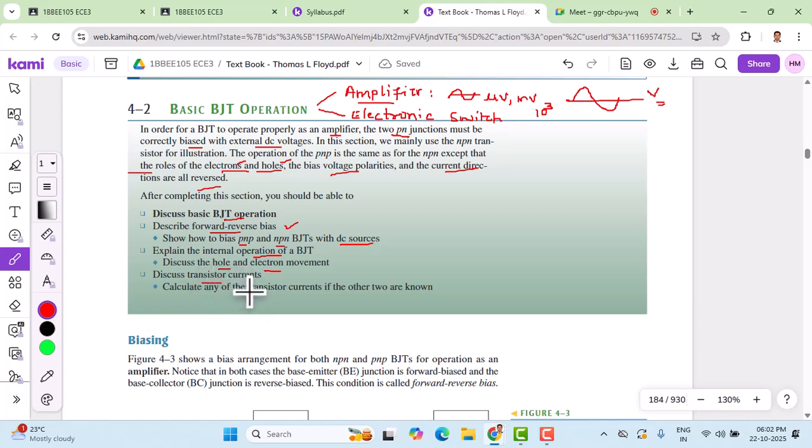So simply understanding the charge carriers doesn't make any sense. We need to also look into the directions of the current here. Calculate any transistor currents if the other are